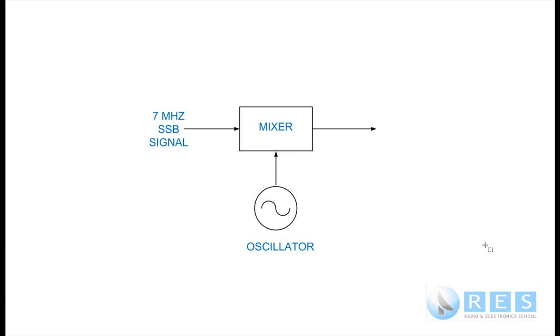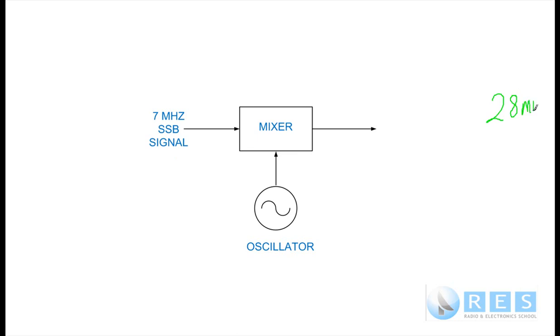And all Class C amplifiers, because of their non-linearity, mix signals for us. Now, into this mixer amplifier, and it's normally just called a mixer, but I'm trying to get you used to what a mixer is. A mixer is just a non-linear Class C amplifier. An oscillator is just another amplifier with positive feedback and a frequency determining device. And what we've got is an SSB signal that's got our voice on it, and we want to transmit it. And the rest of the radio prior to this has created this SSB signal for us. However, the frequency we want to transmit on is 28 megahertz,